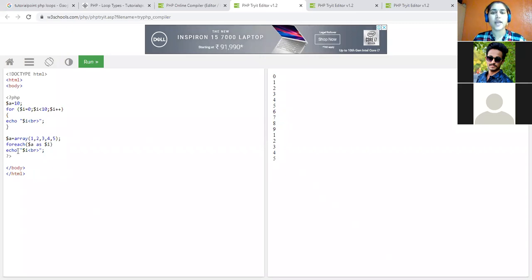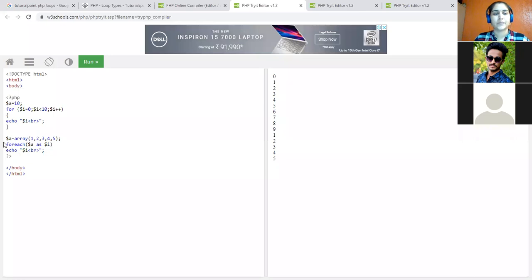You have to iterate the data structure as it is, from start to end, with the foreach loop. Whenever you are not going to know what the actual array contents are, at that time foreach is better, because I don't know how many elements are there in a particular array. I don't need to count them with the help of foreach. It will just go to the first element and iterate till the last one. So this is the difference between for and foreach.